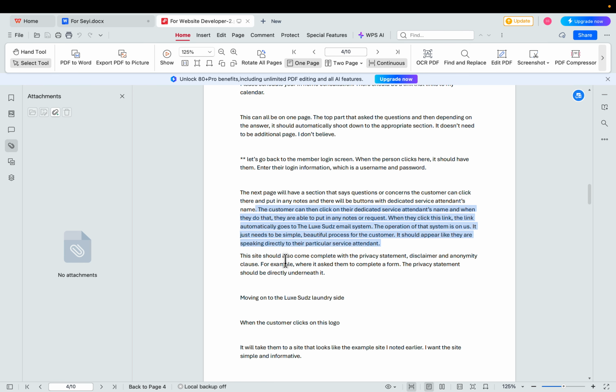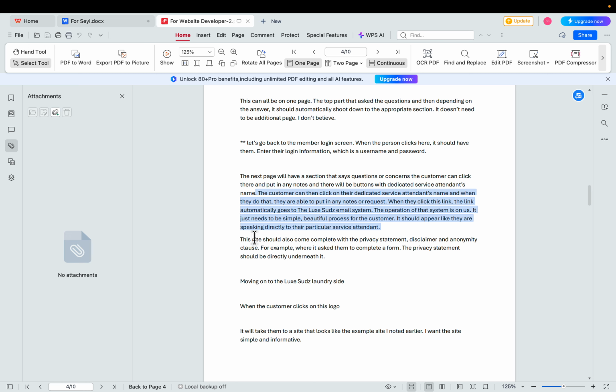So they're going to have three attendants' names, or you can say reach or management. So it'll have Jonathan, Lisa, and Terry, and then one for management if they want. So just click on management. If they have a concern, not so much a complaint, they just have those buttons to click on and get service. Make sense?